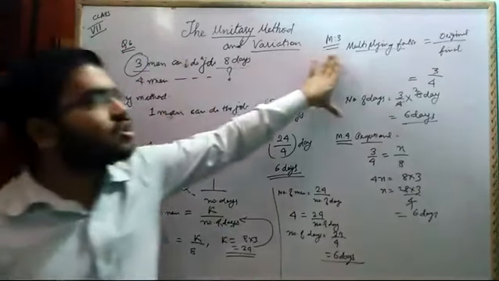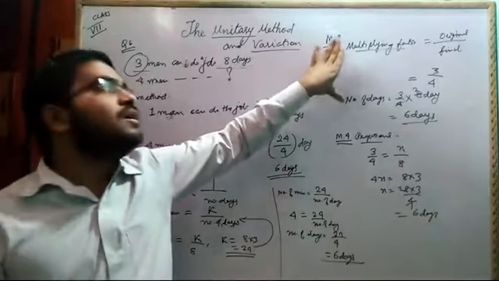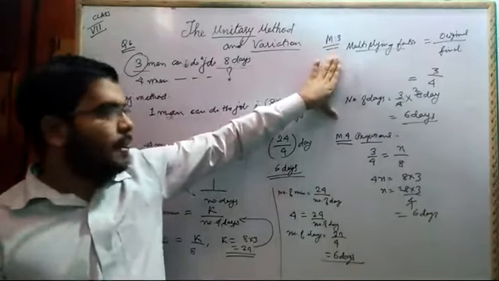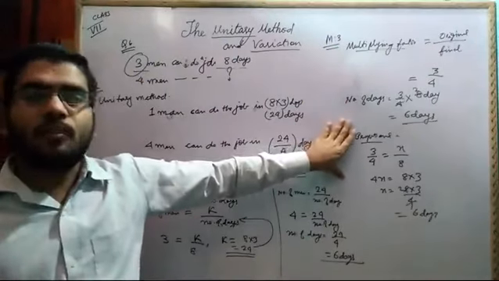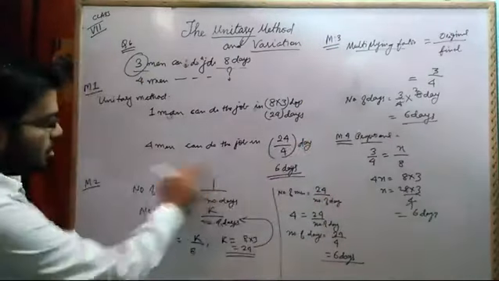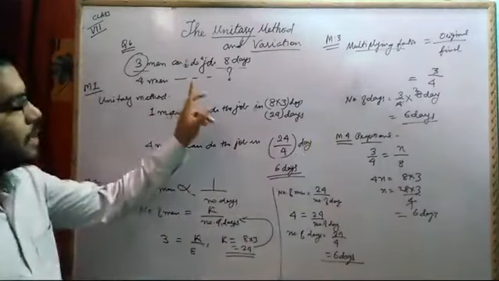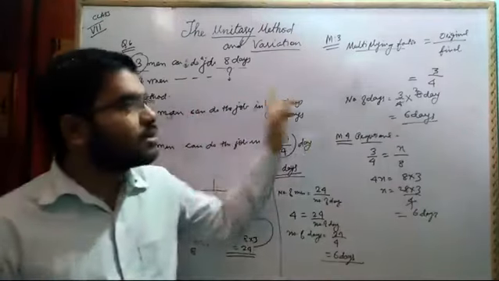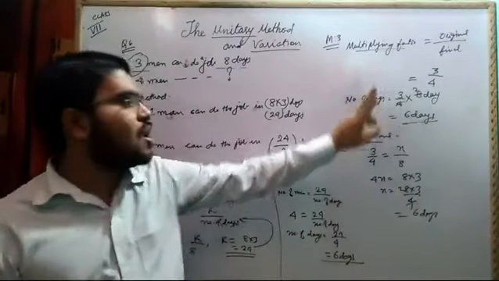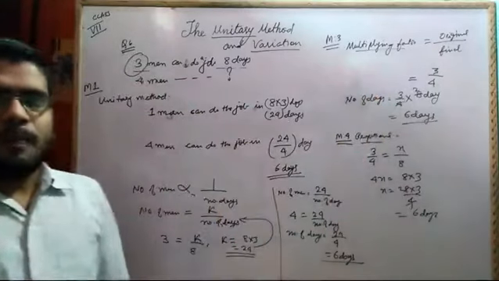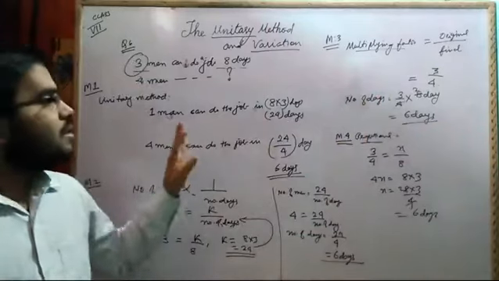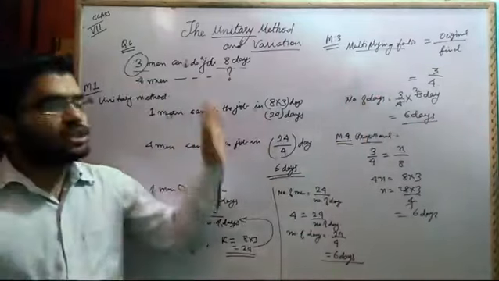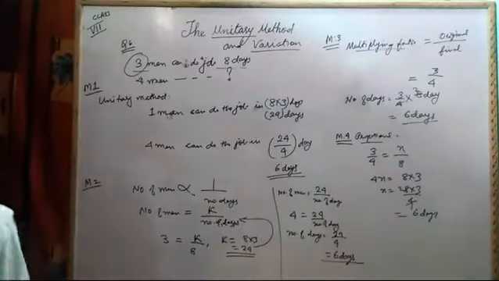Or if they ask you to use the multiplying factor method, then you are bound to use that method. Or if they ask for the proportional method, then you are bound to use that one. Obviously they will not ask for the constant method. They may ask for either the unitary method, the multiplying factor method, or the proportional method. But I think they will not put you into such a dilemma. They will give you a direct question and ask you to find out. They will not restrict the method.